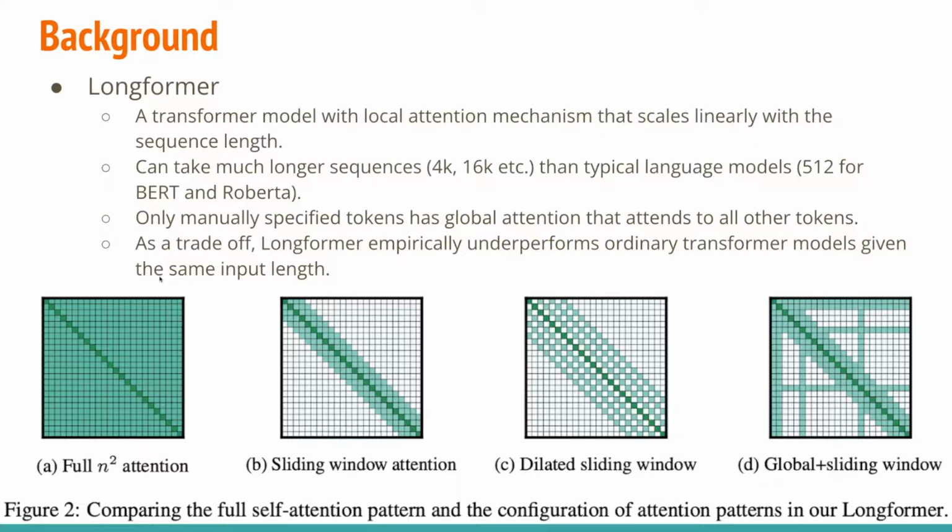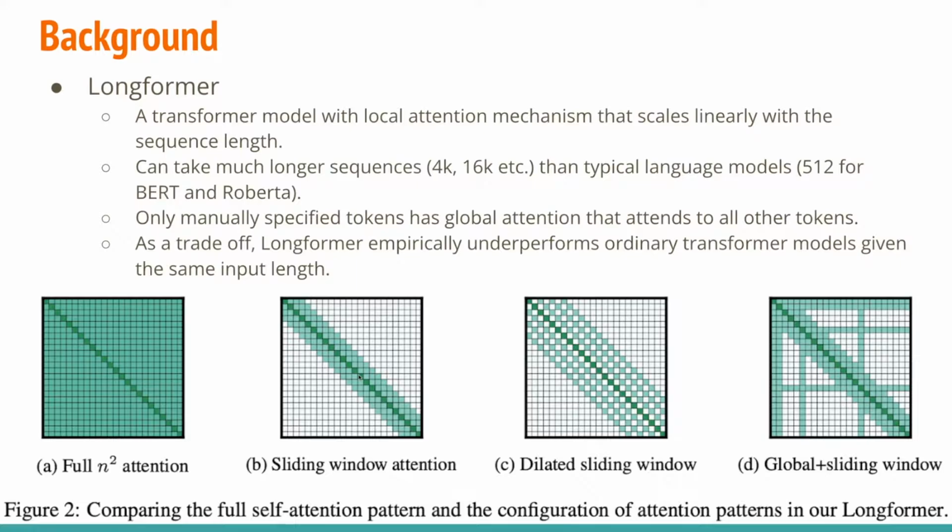However, this Longformer model is using a sliding window attention. So this is local attention. Under local attention, each token is only attending to its neighboring tokens, and there's a hyperparameter of the window size. The window size is a constant, so basically the attention is linear in the input length. And Longformer